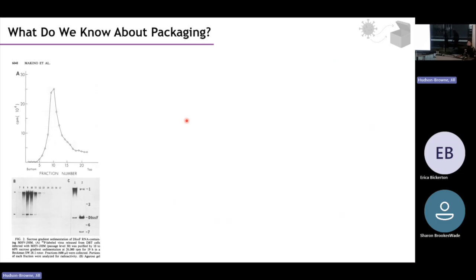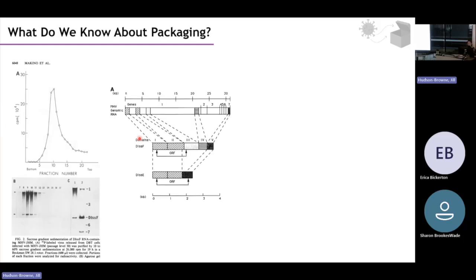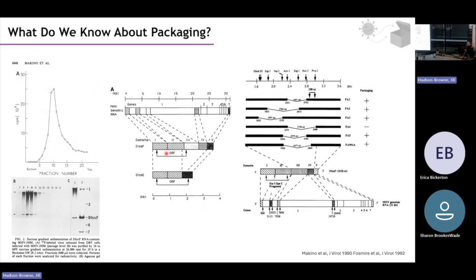So what we know about packaging comes mainly from MHV, and using P32 labeled virus, the authors could detect that, when they did fractionation or sucrose gradient, they saw specific packaging of some defective interfering RNA particles together with the full-length genomic RNA. And by analyzing the sequence of these defective interfering RNA particles in comparison to others that were not successfully packaged, they managed to map the packaging signal to a specific region in the NSP15 gene. Then further mutational analysis and computational modeling led to the consensus that there is this 95 nucleotide bulge stem loop region in the NSP15 that acts as the packaging signal, and that is what is recognized at these later stages